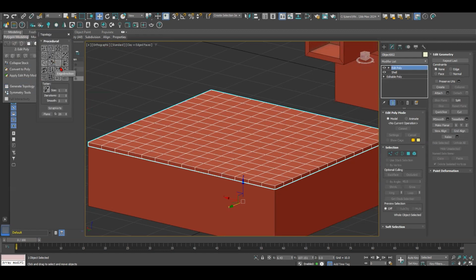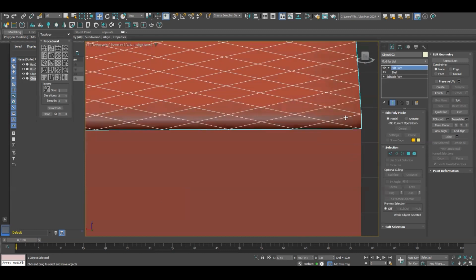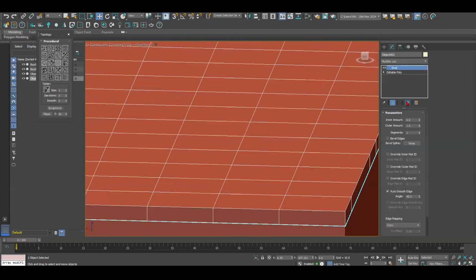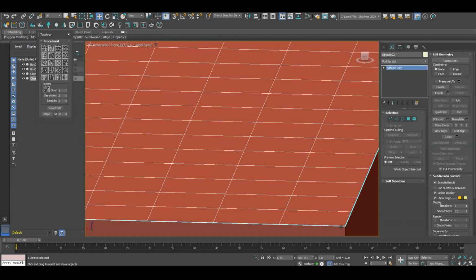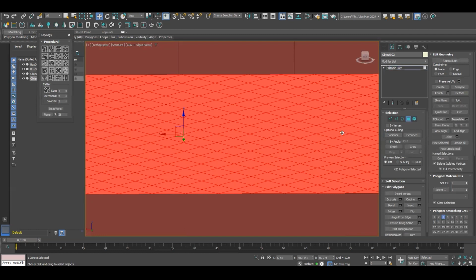So I can make, for instance, the diagram. Because this shell has thickness, and there was not any segment here, it may deform. But if I have this ready, I have this segment, and I can just go to modeling, polygon modeling, topology, and just give it a diagram. Now it's easier. I can select all of these.